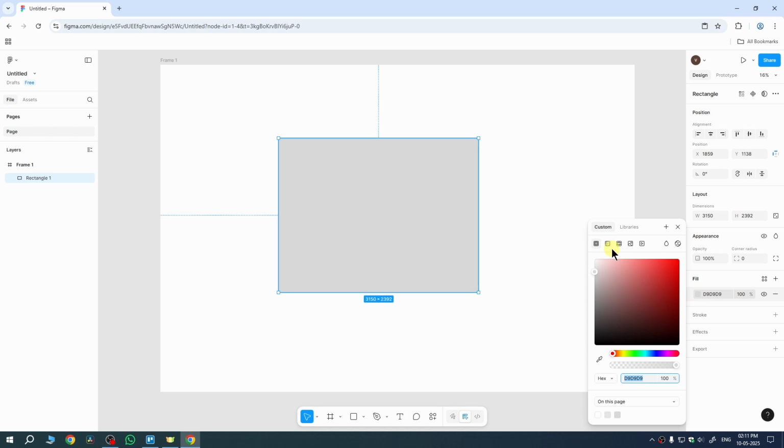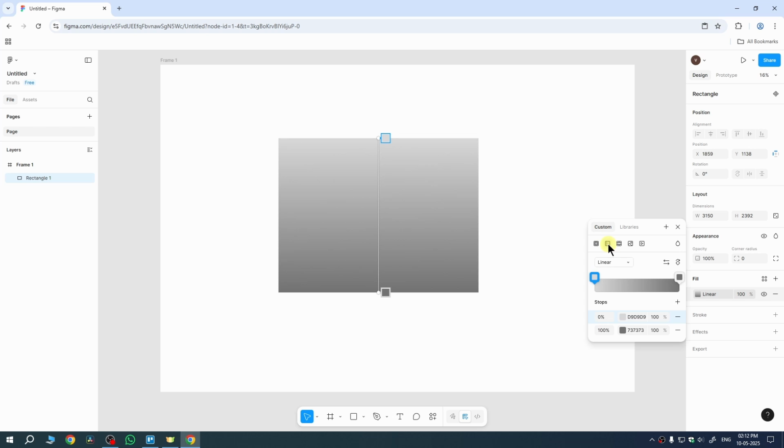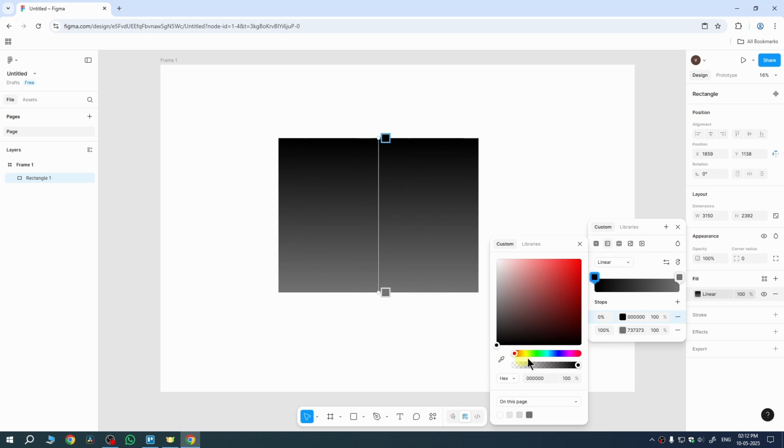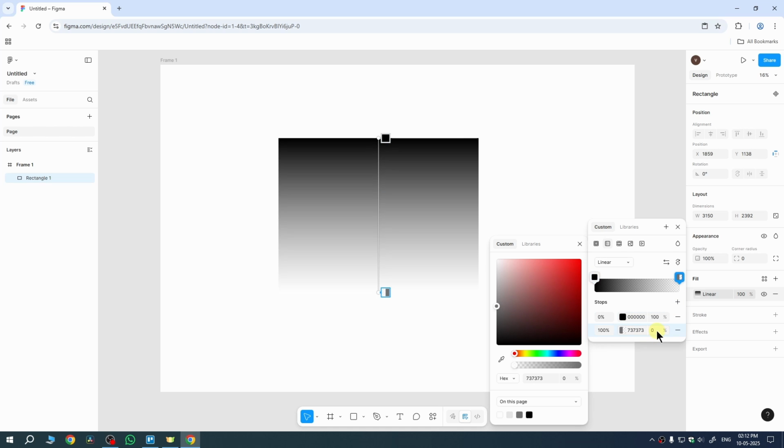Under it, we need to add a gradient. For that, select this second option, which is gradient. Once you select gradient, select your first box color and make it black, just like this. And also reduce the opacity of the second color to 0. So I just need to make the second box opacity 0, just like this,